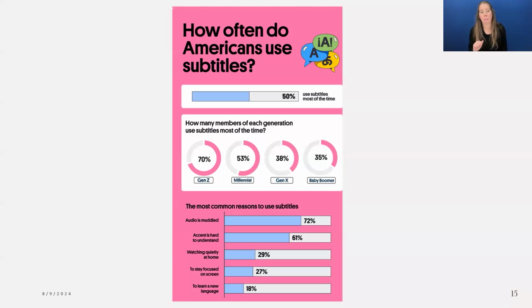So the survey here obviously talks about the generational difference that I mentioned, but one of the other things is about staying focused on the screen. I've seen another study about college students, some of whom reported that when they're reading and watching, they're processing it more, because they don't have to put as much energy into listening solely.